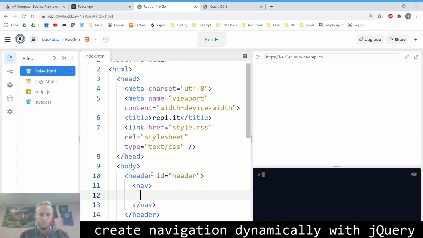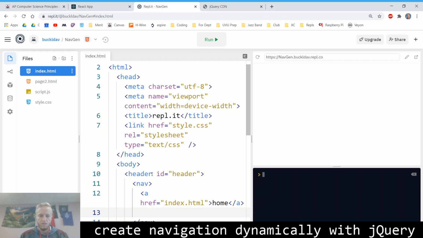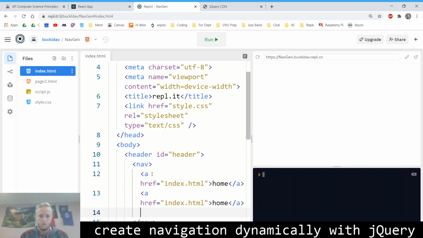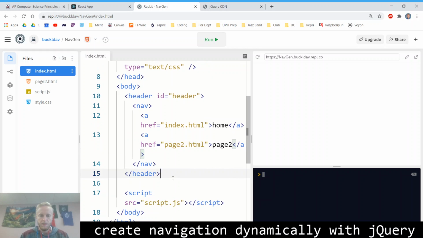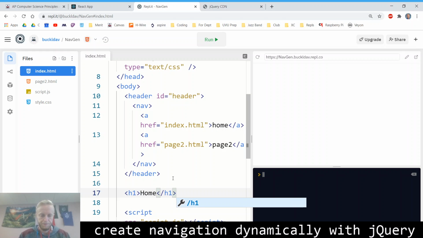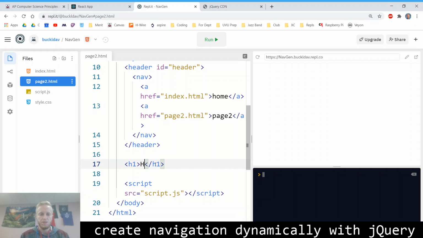And then we'll have some A tags, href. First one is index for the home page. And then the second one is going to go to page 2. And then we'll just have an H1 underneath the header that says home. And select it all, copy it, paste it over on page 2, and then on page 2 the H1 will